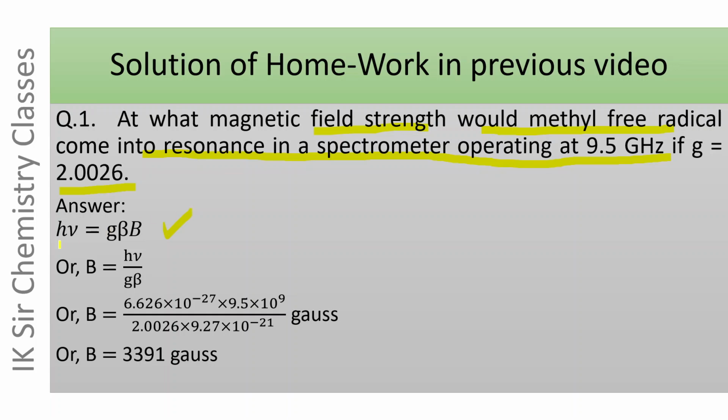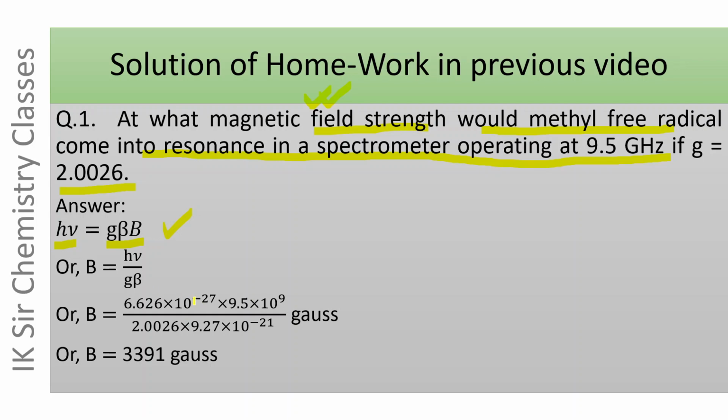The energy of EMR absorbed should be equal to the energy difference between two spin states of the electron. We have to calculate B, that is the strength of applied magnetic field, and therefore B will be equal to h nu divided by G beta, and the value of h is 6.626 into 10 to the power minus 27